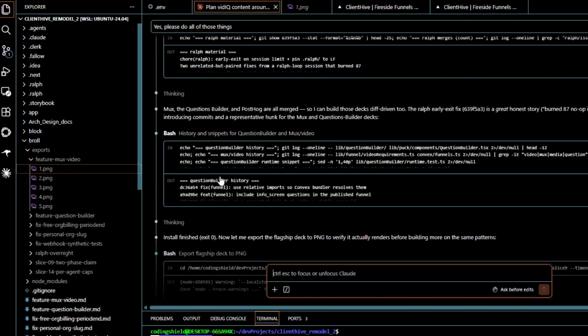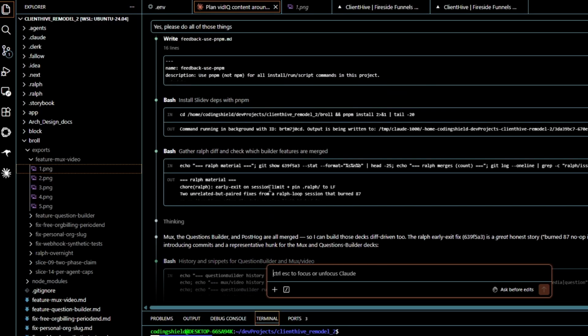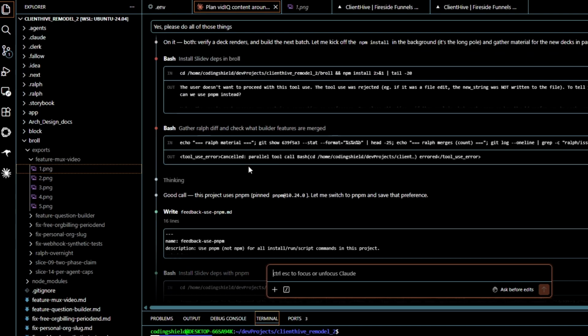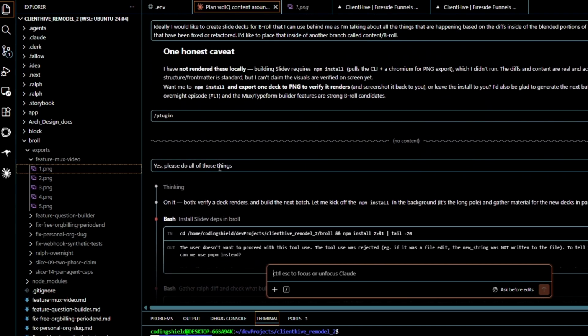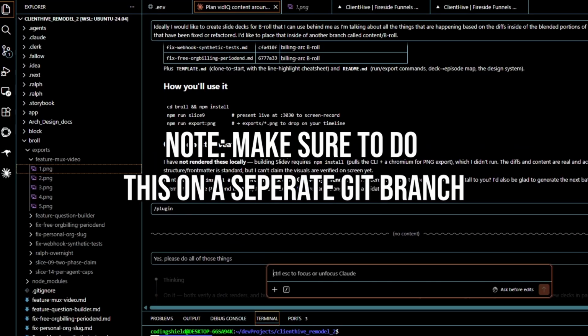So I have a question builder that is basically for the insurance agent that is building their funnel. That's basically what's happening here. So it's like, hey, this is looking through the question builder, the funnel builder, the video requirements, all the stuff that we've talked about, all the things that I've documented, all of it is inside of here, and I